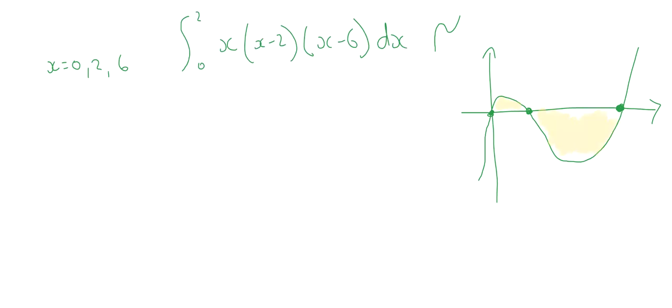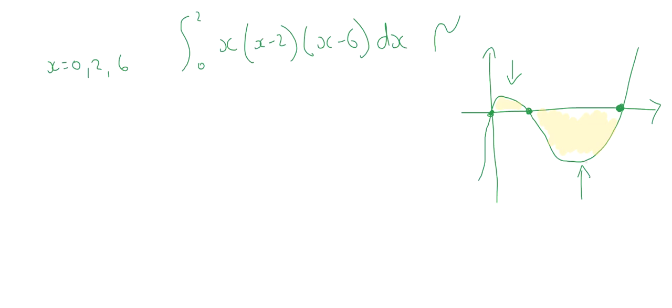Now, the problem with this is it's a little trickier than some of the other ones, because what I need to do is think about the fact that when I work out the areas, one of them is going to be positive and one's going to be negative. So I can't just put them together. Otherwise, they'll start to cancel each other out because I've got one above the x-axis here and I've got one below the x-axis here. So what I'm actually going to do is I'm going to have to work them out